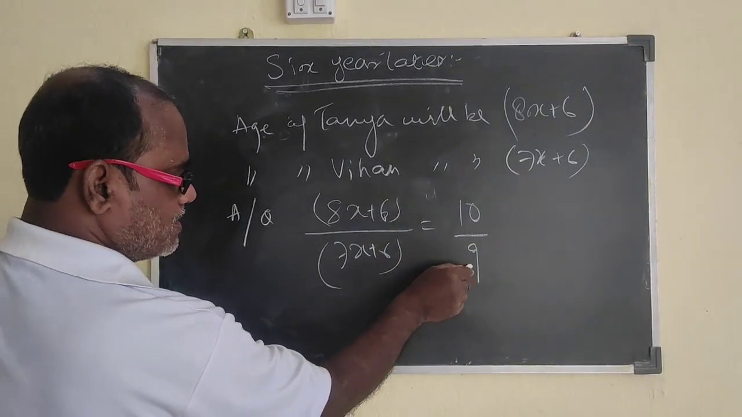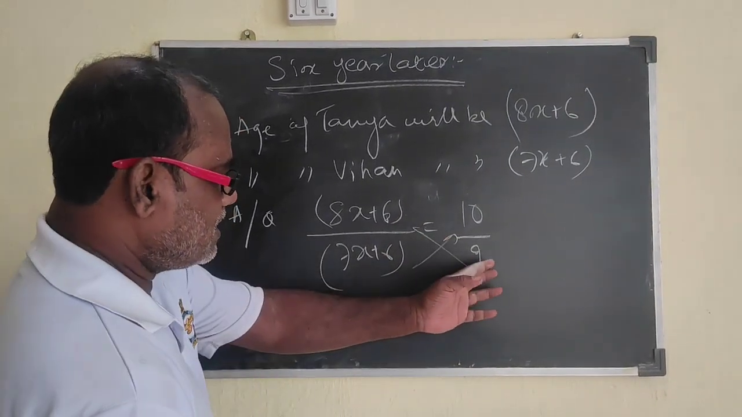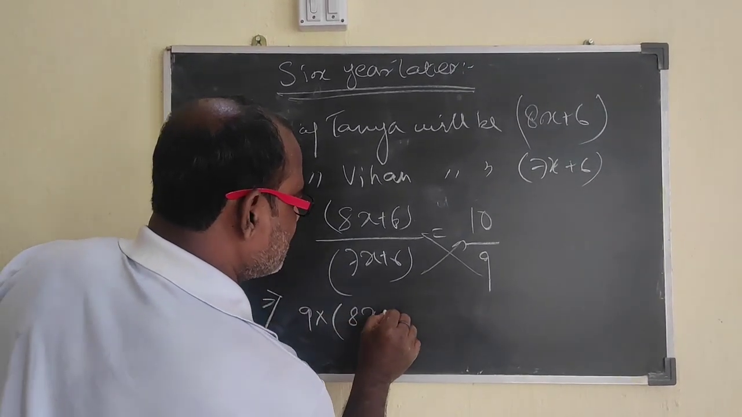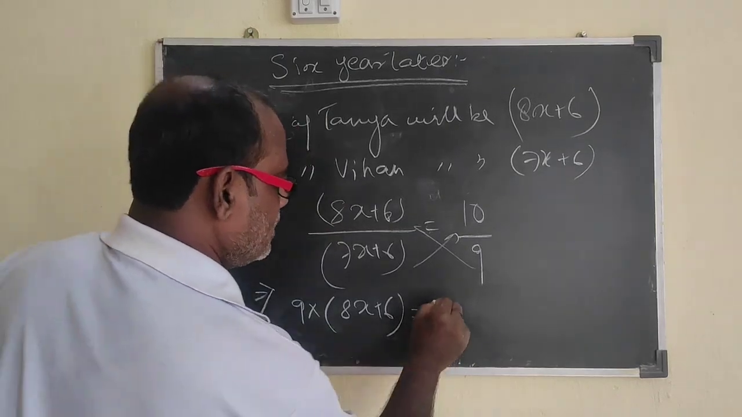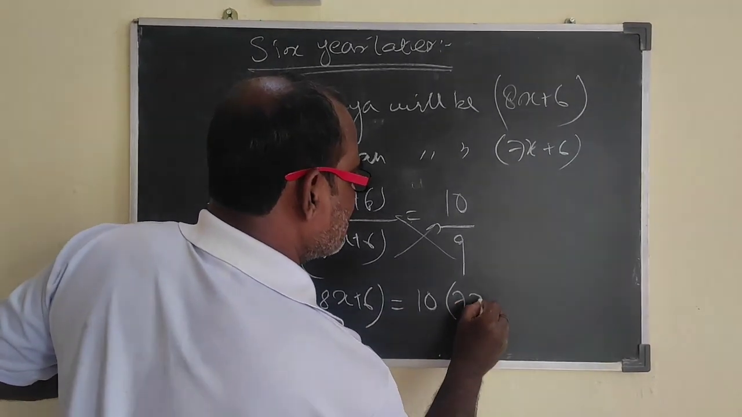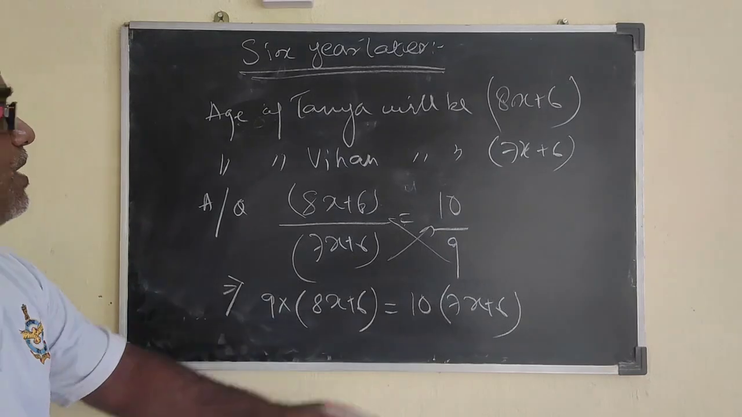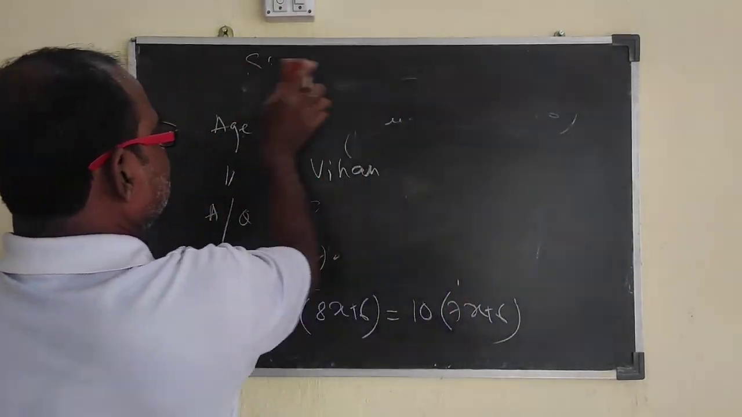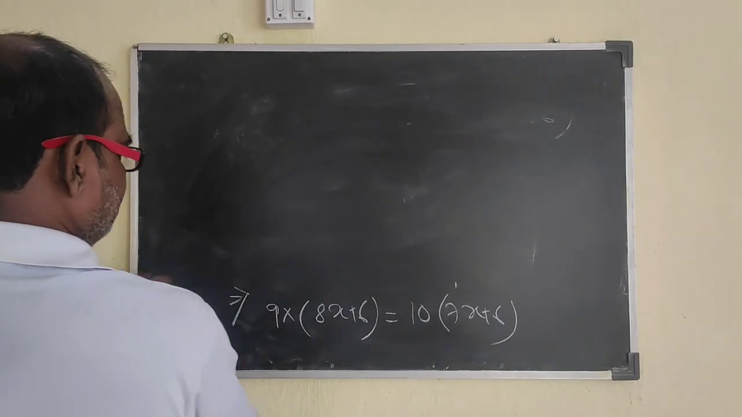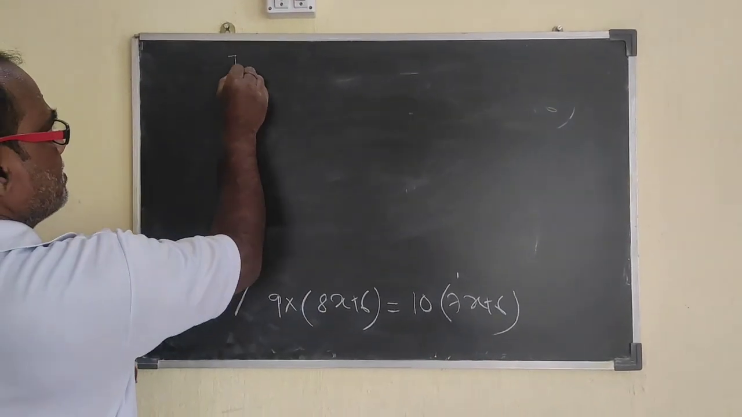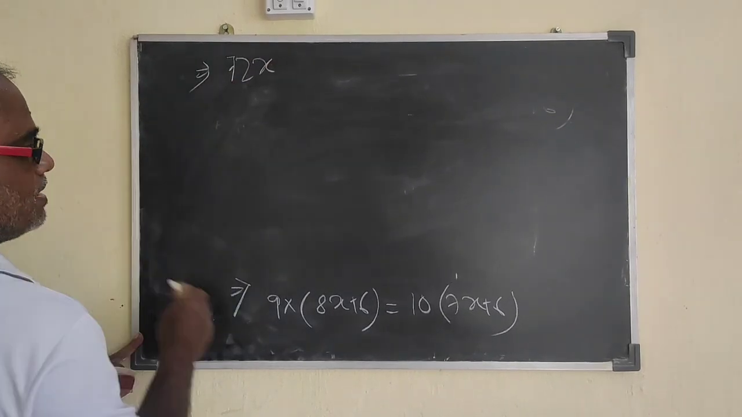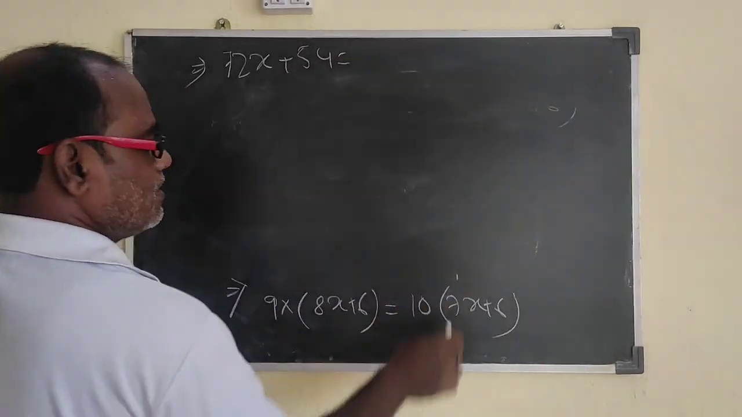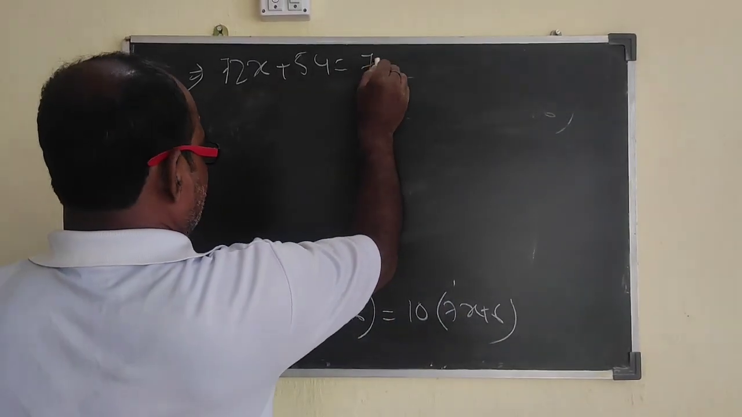Now, crisscross this in this way and this way. So we get 9 into (8x plus 6) is equal to 10 into (7x plus 6). Now on simplification, what we get is 9 times 8x is 72x, 9 times 6 is 54, 10 into 7x is 70x